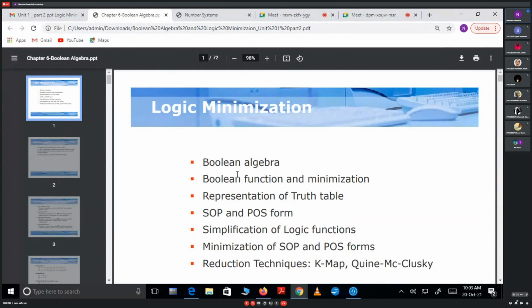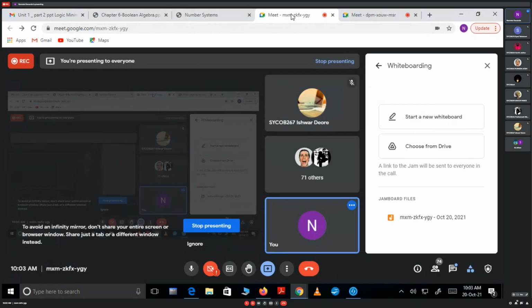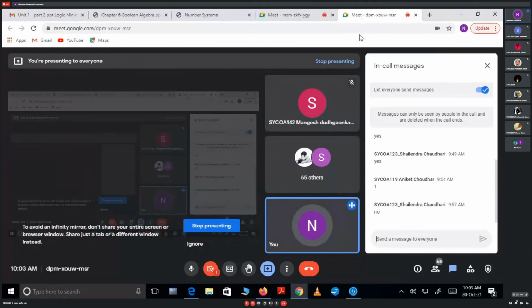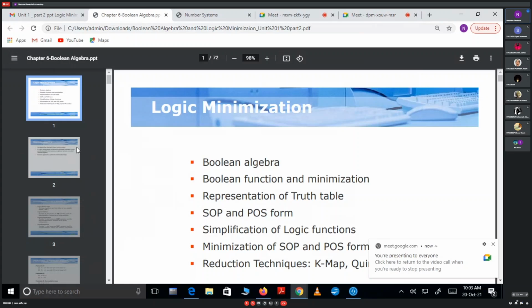That book's scan copy I have also provided you. Have you checked the soft copy of the book? That is also provided, on that drive. You have to refer to the RP Jain soft copy, Modern Digital Electronics, and you can start reading each and every point, or simply use the notes I have provided. But if you need some examples to solve, you will get them in that book. Some solved examples are there, and exercises are also there.